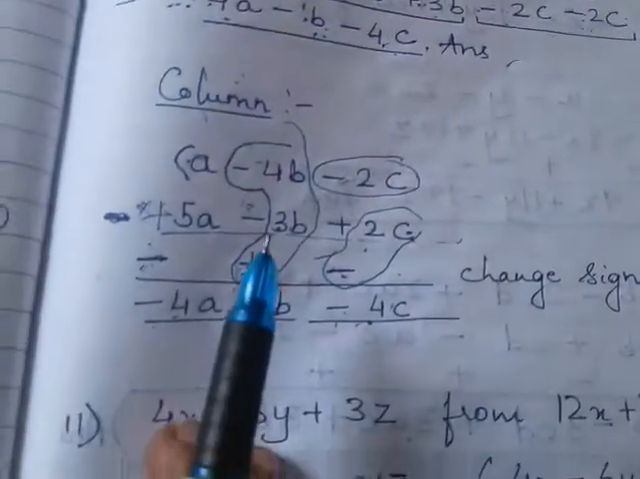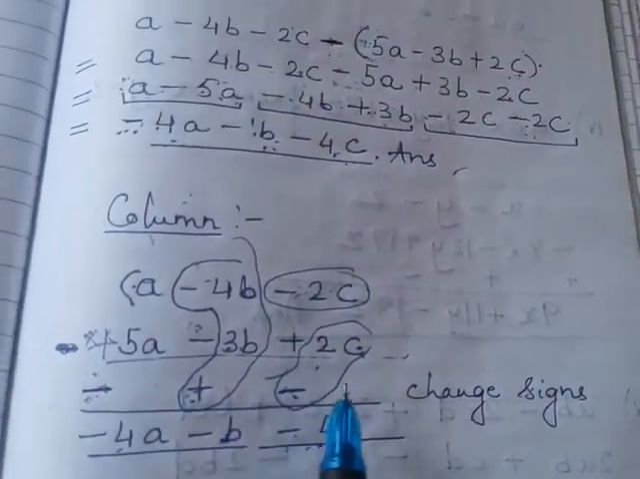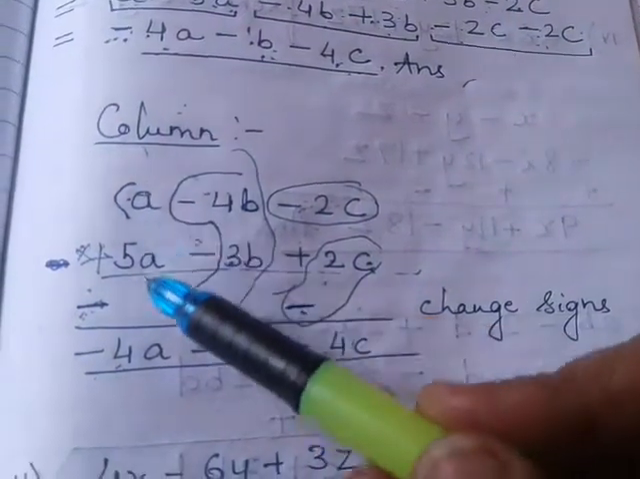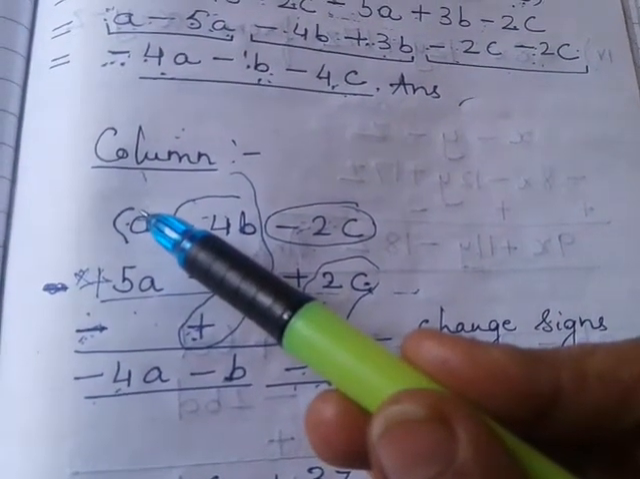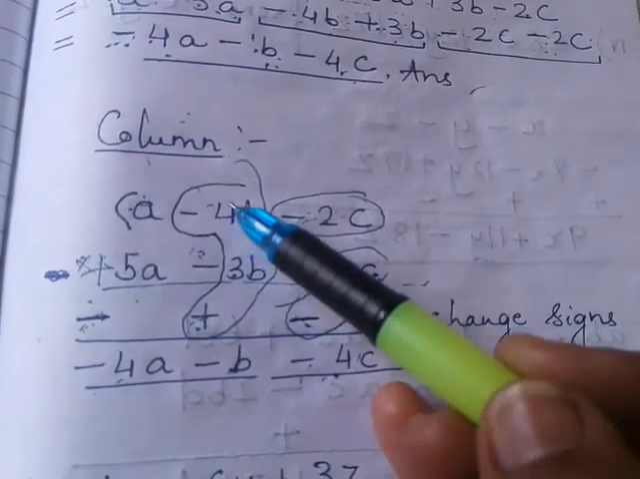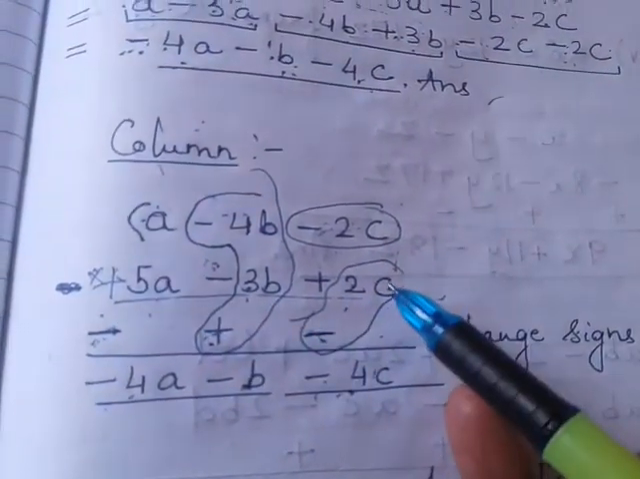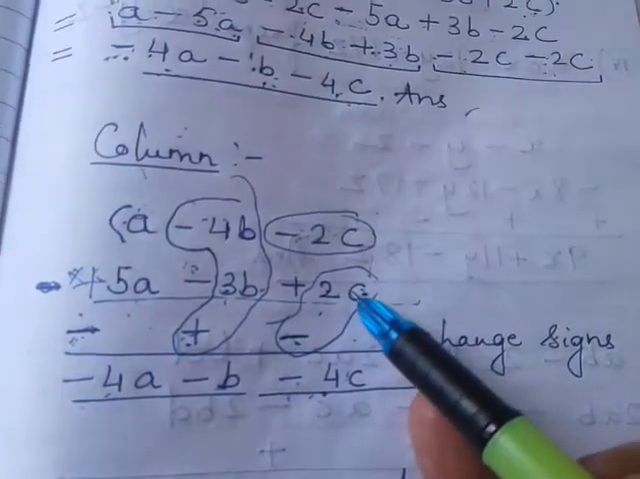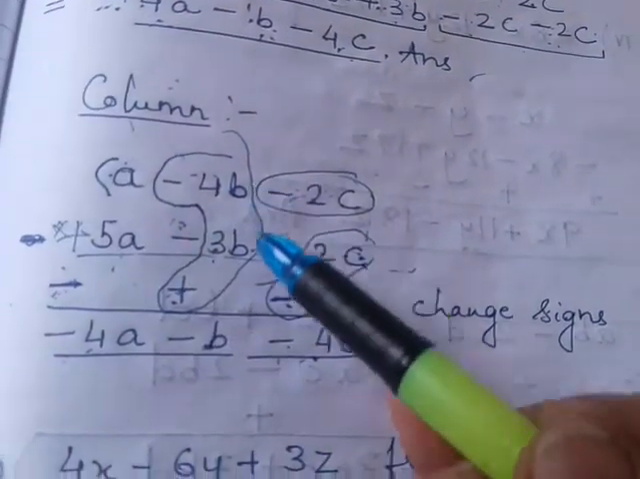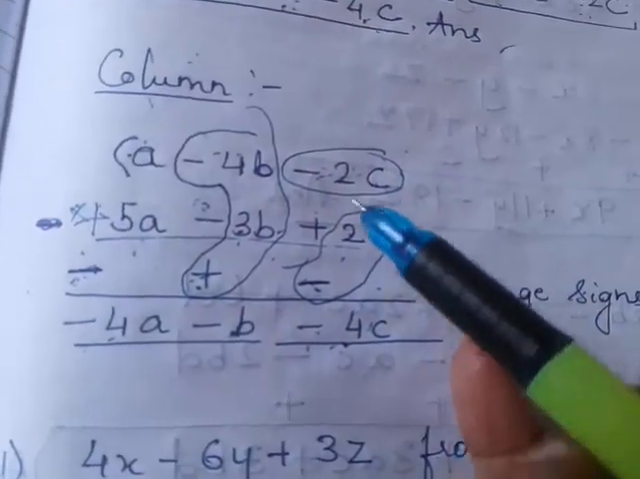Okay, then the column method. I have told you that in the column method all the like terms should be arranged in a proper way, meaning a, b and c. Here is a and here is c, and here is a and here is b. Not allowed. A below a, b below b, and c below c. So